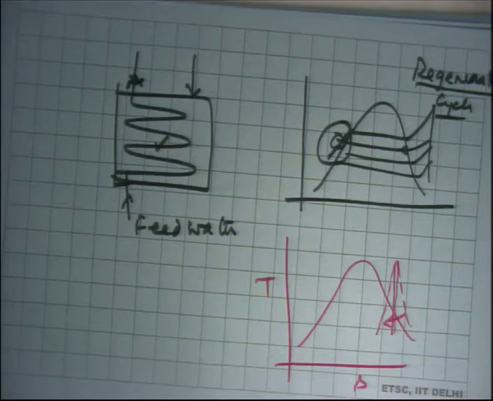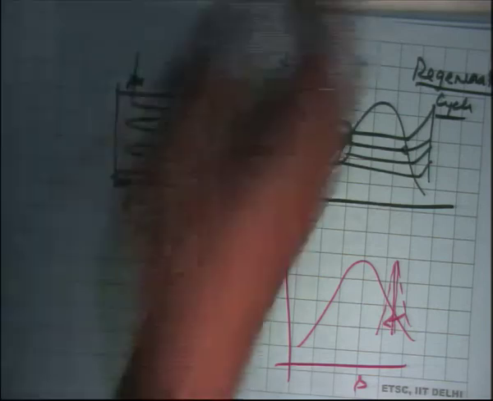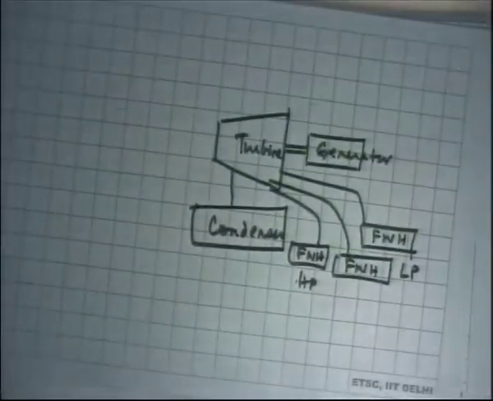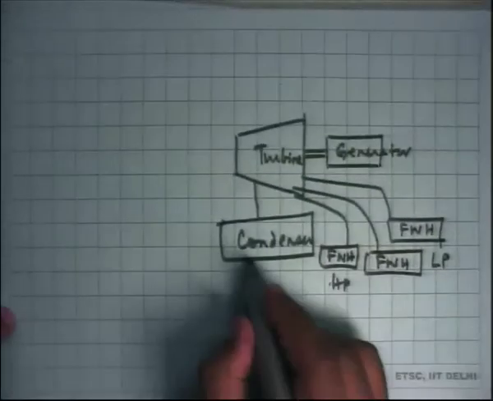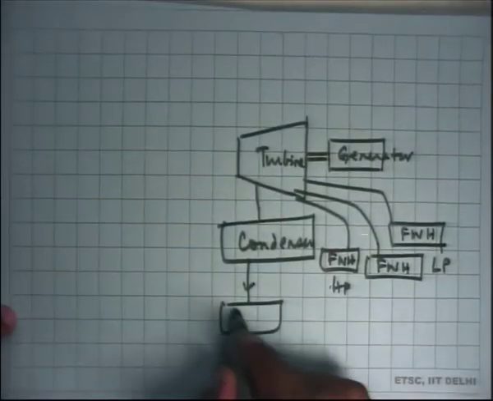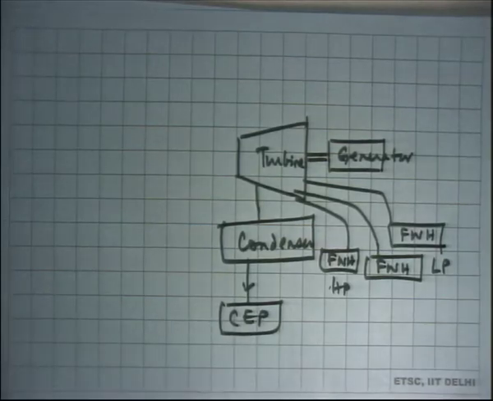Okay. So, if you use a suction, then the suction has to be at a lower pressure than vapor pressure. So, it is by design supposed to cavitate. Right. So, that is the condensate extraction pump. Okay. So, from the condenser you have the CEP, the condensate extraction pump. Okay.